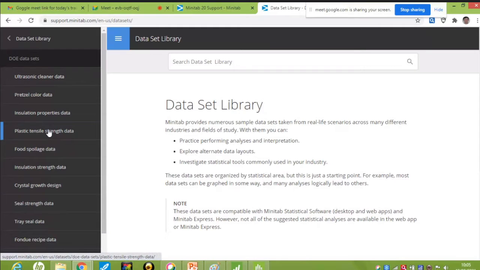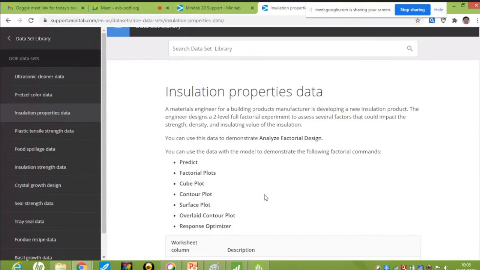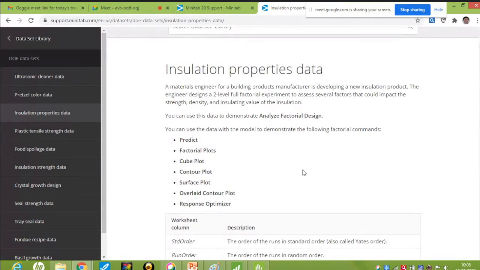Yesterday we discussed the insulation properties data. Okay. So a material engineer for a building product manufacturer is developing a new insulation product.